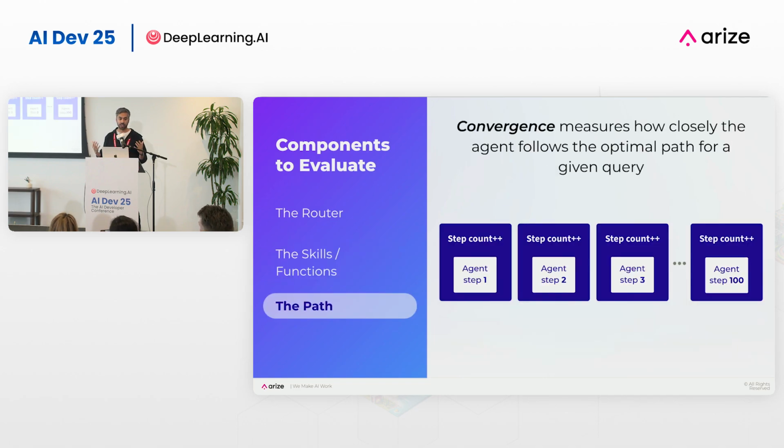And then when it comes to the memory and the path, basically for how to solve a given task, this is convergence. We cover this again in the course, but this is actually the number of steps that the agent needs to take to solve a given problem. So you don't want this agent, for instance, a negative example here would be if the agent is going in a loop or recursively saying, oh, I need more information. Let me go further back upstream. Let me try and get information from the conversation history.